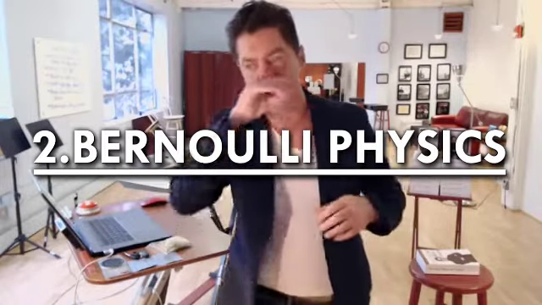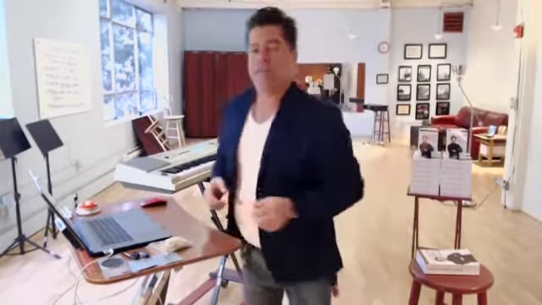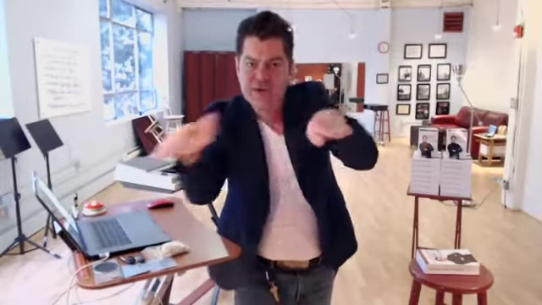Bernoulli physics is the study of how a vacuum in an empty space can be produced by the movement of fluids or gases. All right? So Bernoulli was an Italian physicist who discovered Bernoulli physics. And Bernoulli physics is basically what happens when you move a gas or a fluid, okay, over a surface at a certain velocity. What happens is a vacuum engages, and you end up getting, well, you get a vacuum, okay?